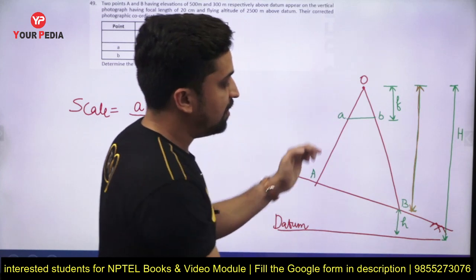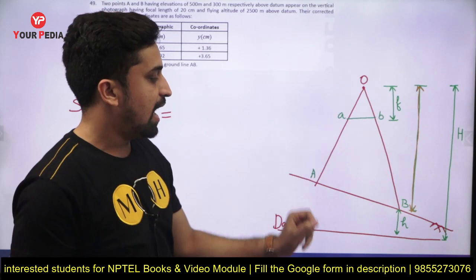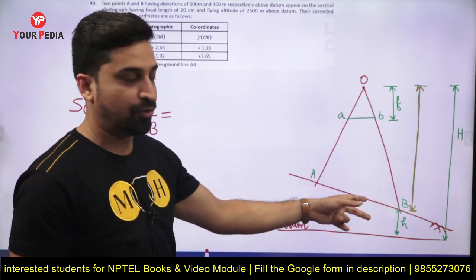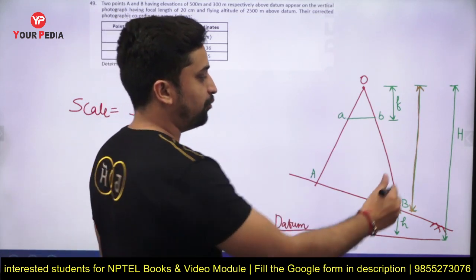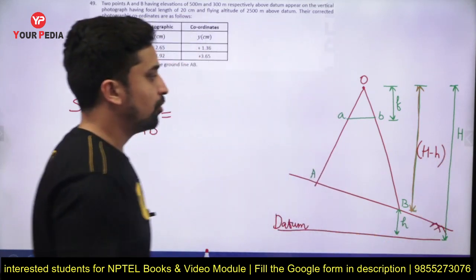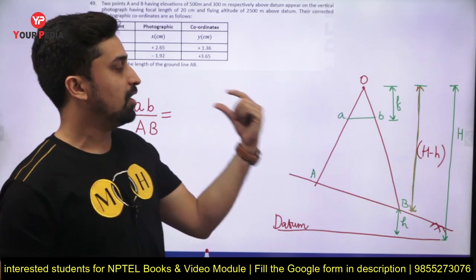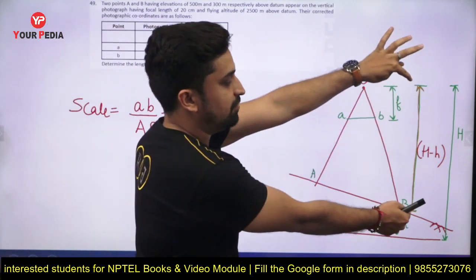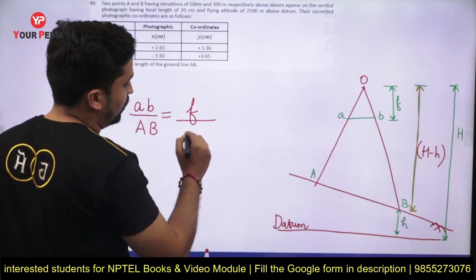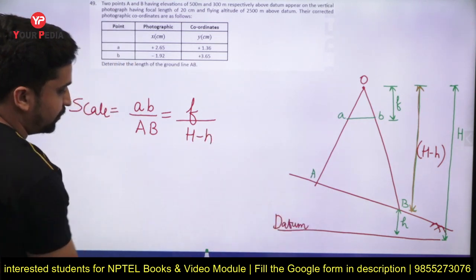The total altitude of the camera from the datum is capital H, and the altitude of line AB on the ground from the datum is small h. Therefore this length will become H minus h. So the scale is also equal to f upon H minus h. So this was the scale of the photograph